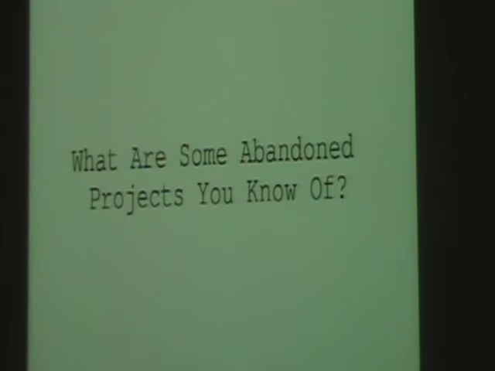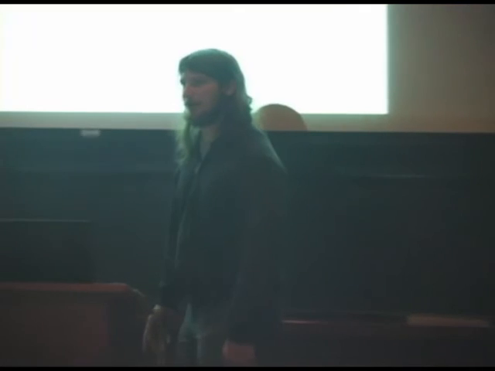One direct question that I have is, does anyone know of any abandoned projects in Google right now that they feel are important? Not so much? Well, if you go to RubyForge and look at the projects up there, a lot of them have never moved past "we got halfway there." I think something like 70 or 80% of the projects have halted development. And this is true across all open source software.